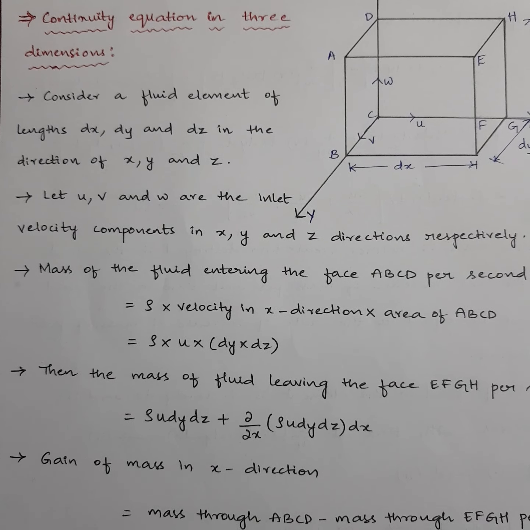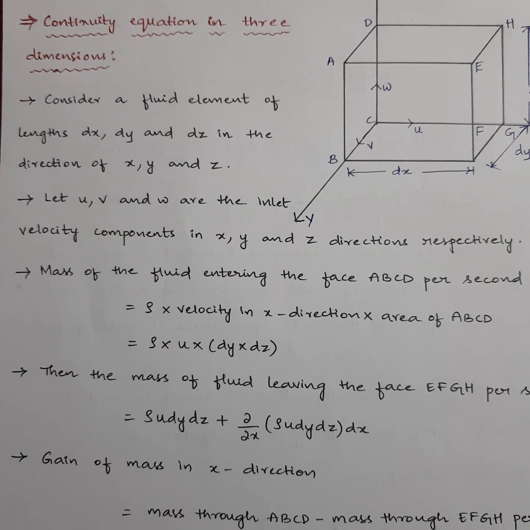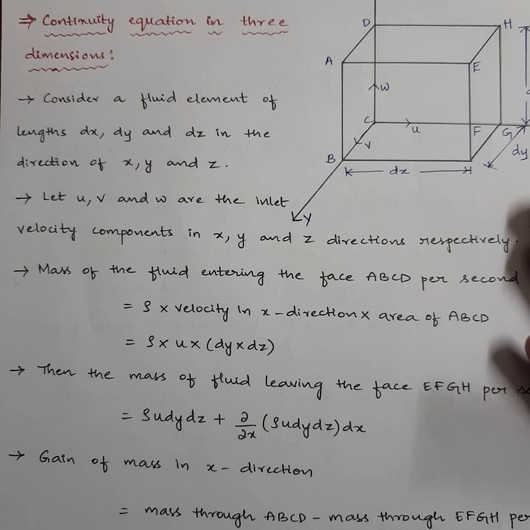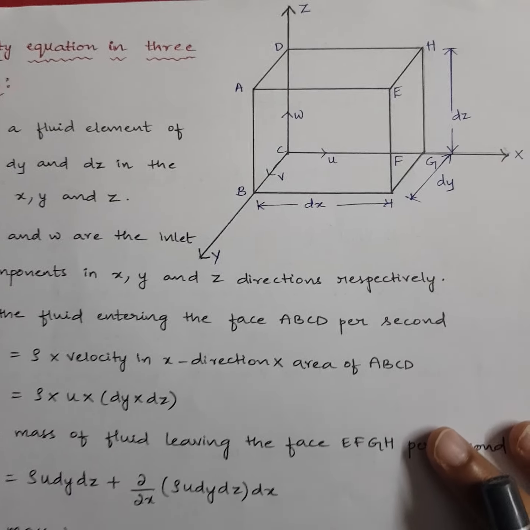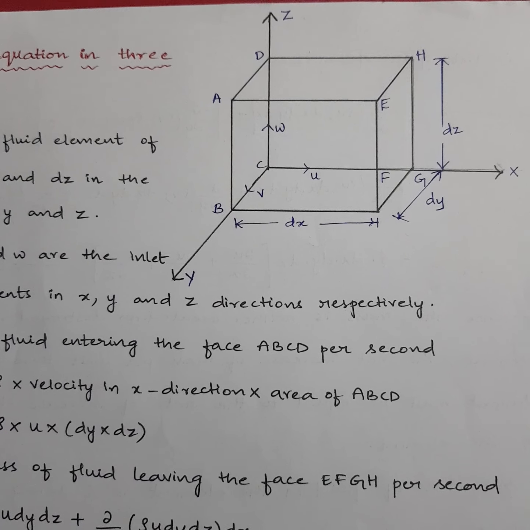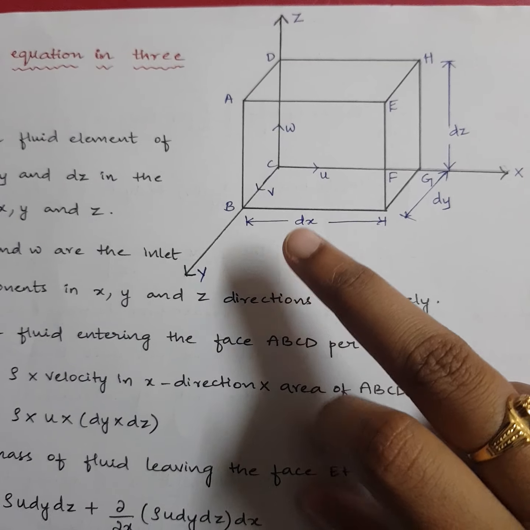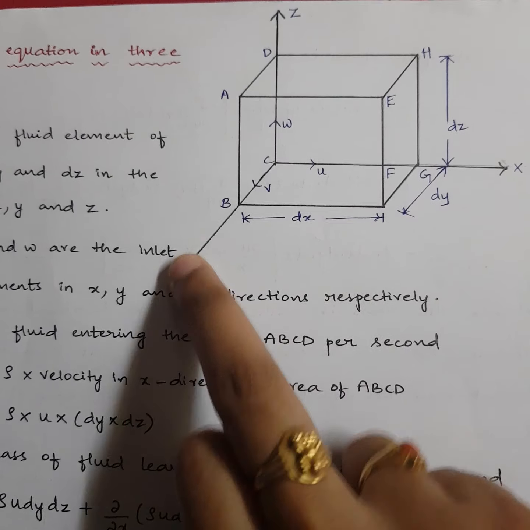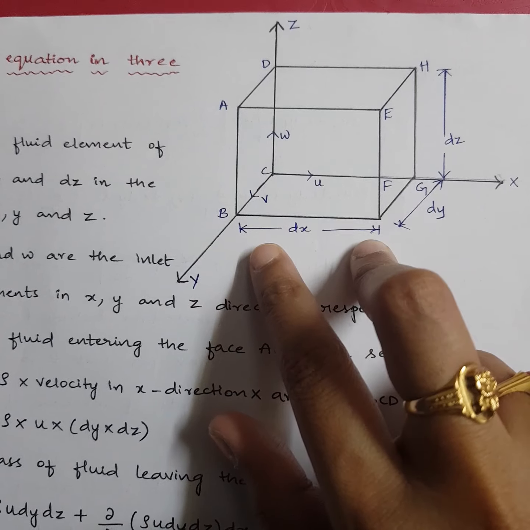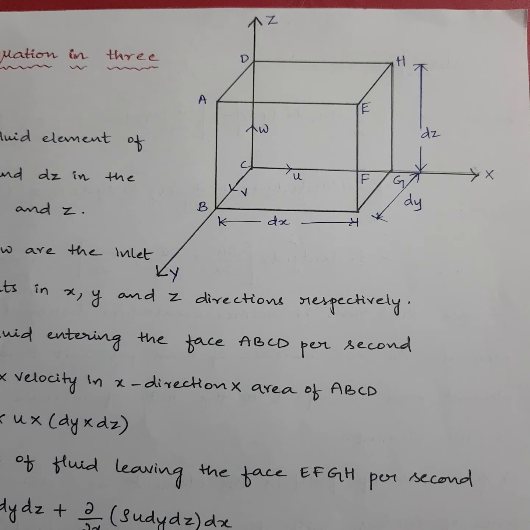Okay, so for this I'm taking a fluid element which is in the form of a cube. Why? Because I'm doing this in three dimensions, so I take the three mutually perpendicular axes into consideration, and I'm taking the cubical fluid element here. The dimensions of the cubical fluid element are dx, dy and dz. I'm taking x in this direction, y here and z here. So the length is dx and the other dimensions are dy and dz, right?